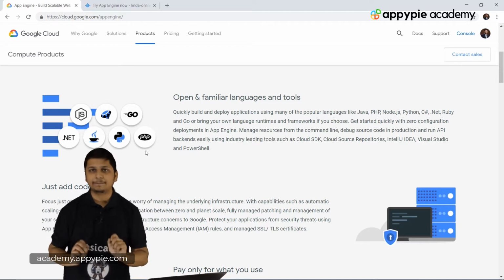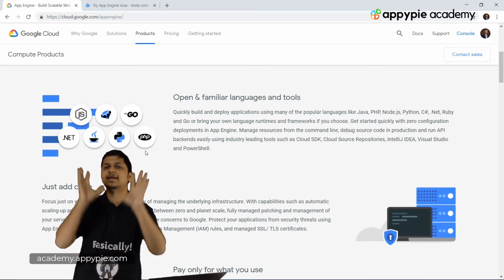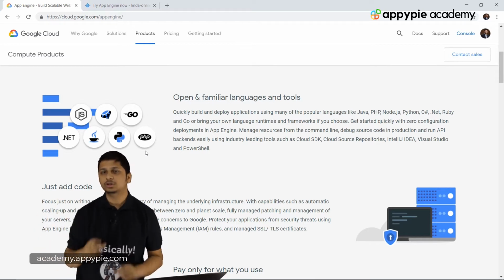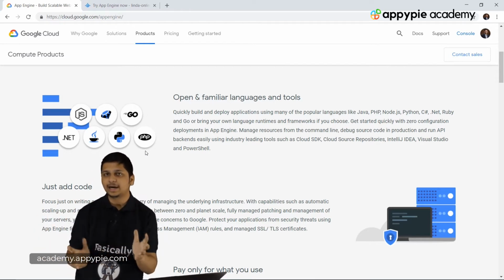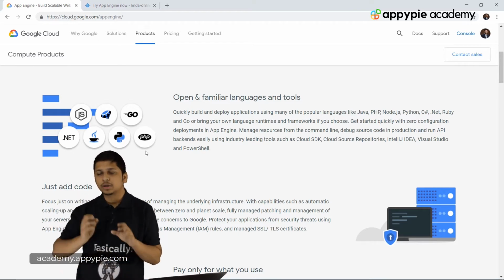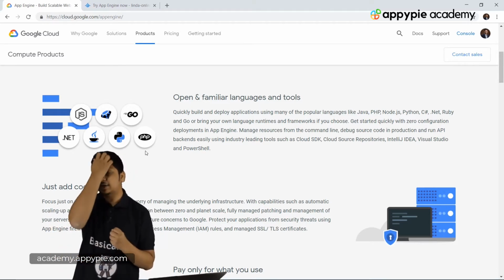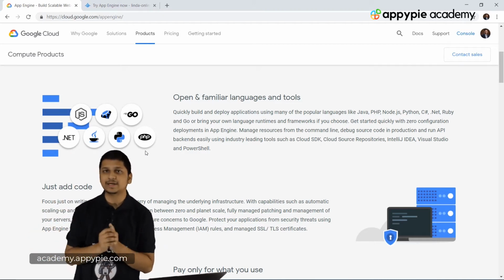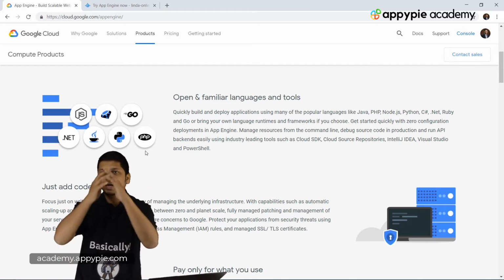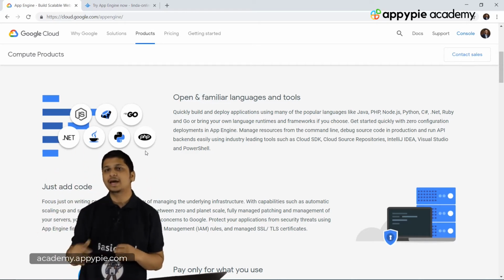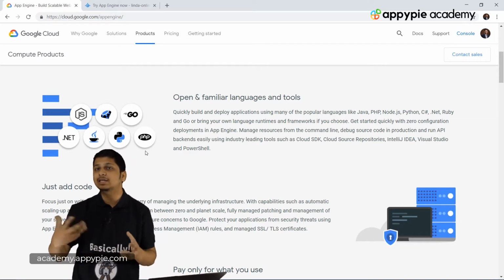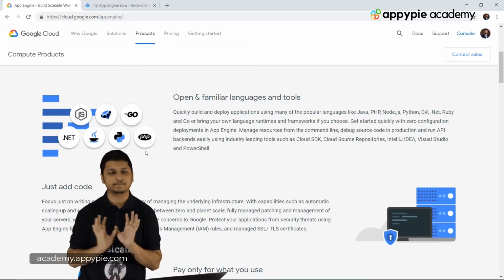But in the case of App Engine, you first write the entire code and then you deploy that code. So deploy, in short, means packaging the code and making it ready for launch. Okay, so if you were to compare it to an actual rocket which goes to space, then deploying is the process of adding the fuel, then adding fairings, then doing all of the final checks, and then we have the final launch process, which is comparable to the release process in software development.